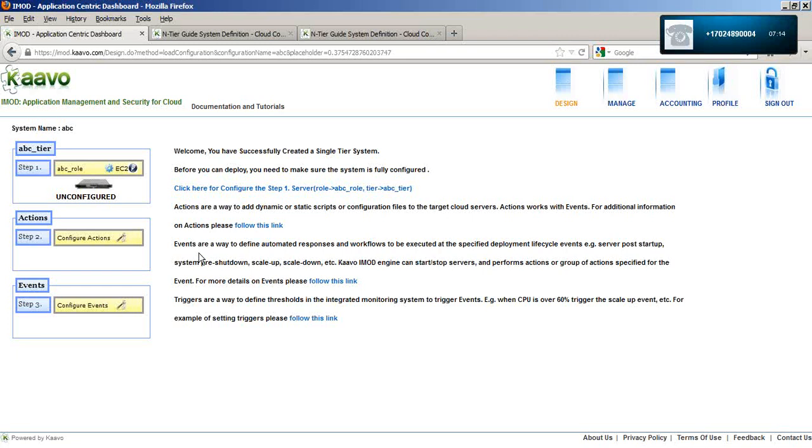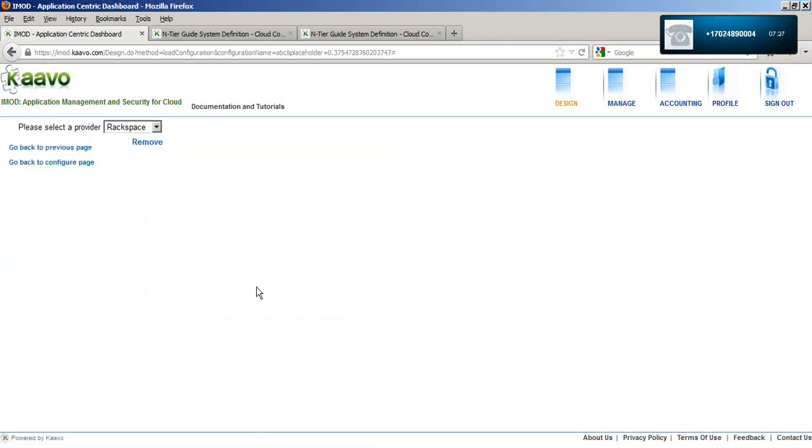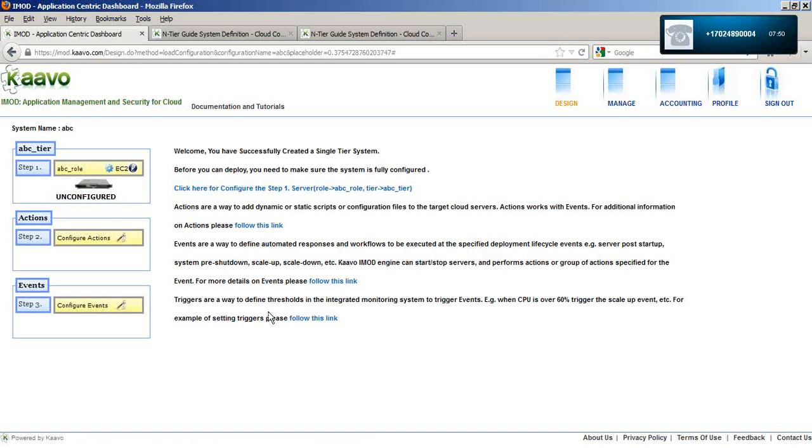Now if I want, I can also remove a provider as there are two of them. I bring up the options again and choose remove provider. This list is showing all the inactive providers. Only inactive providers can be removed. I will not actually remove it. I will go back to the configuration page by clicking this link here. By the way, the top link goes back to the options page.